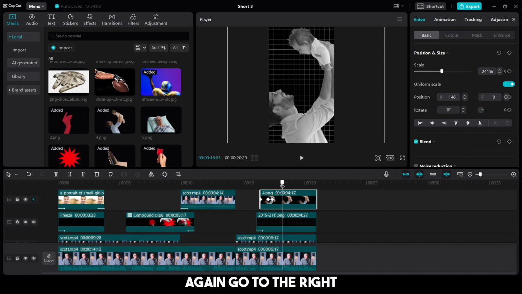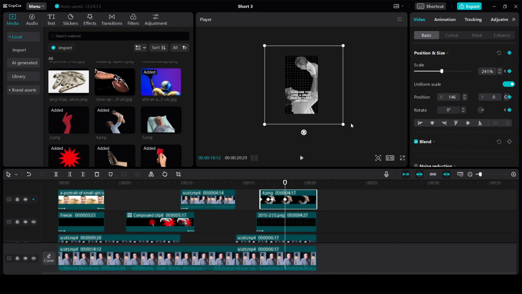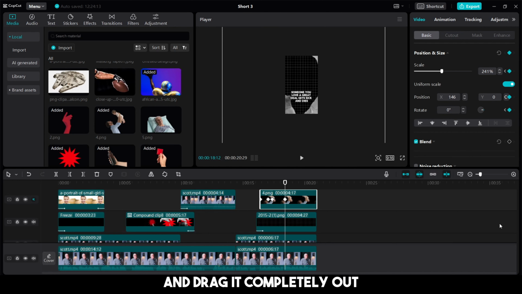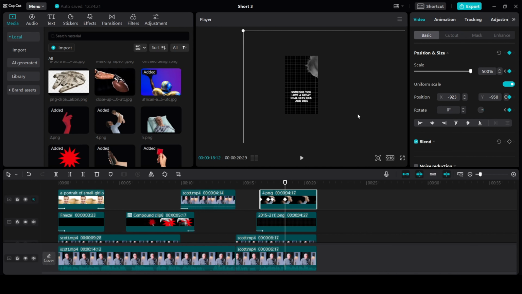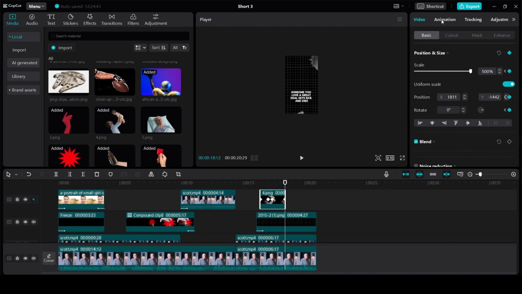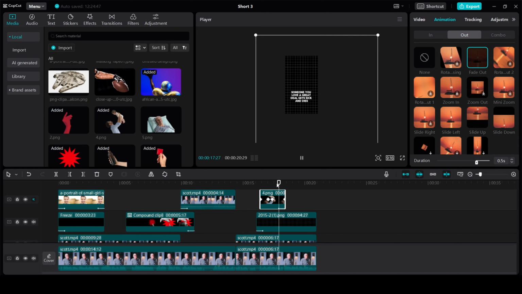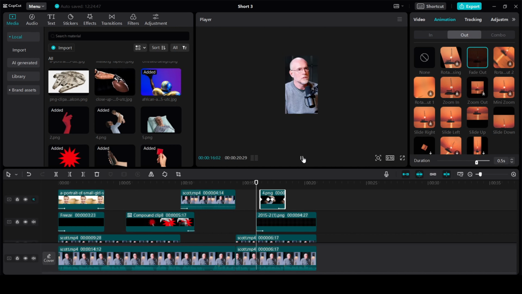Again go to the right around 20 frames. Add another keyframe and drag it completely out. I'm going to trim the clip till the last keyframe, and in animation just simply go to out and click on fade out. So now if you see,